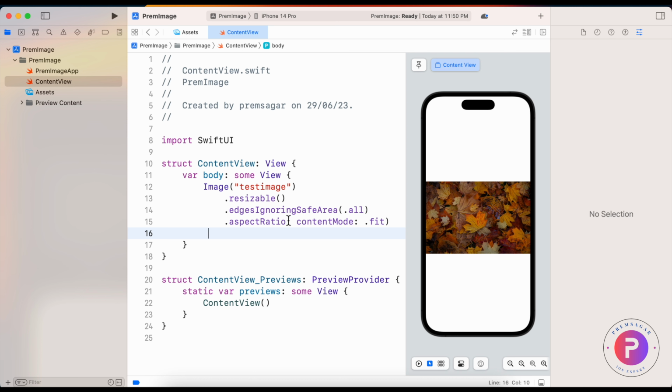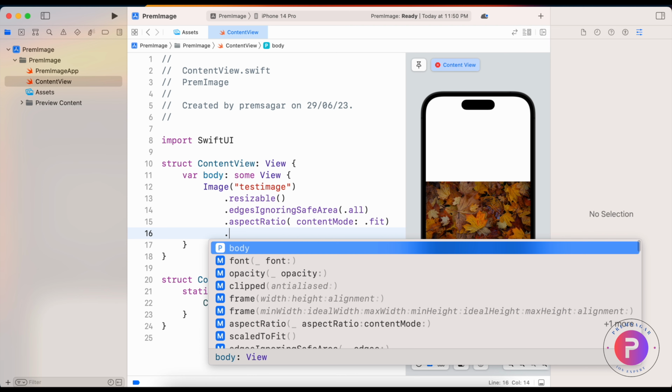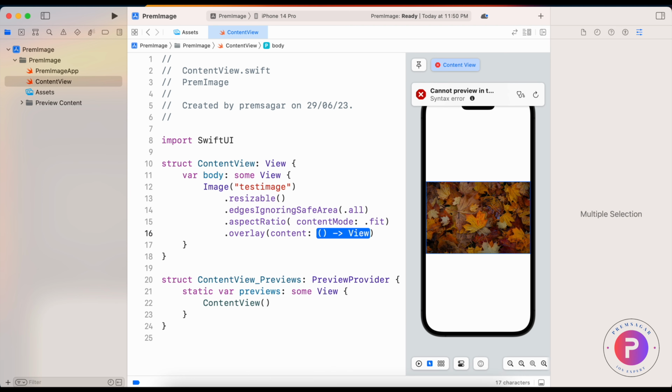In this tutorial, we are going to discuss how to add a text overlay on an image in SwiftUI. This is the code for the initial setup for the image. As we discussed previously,